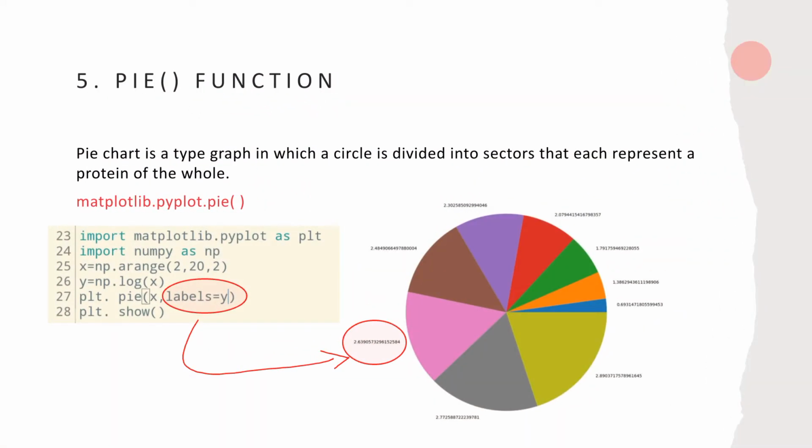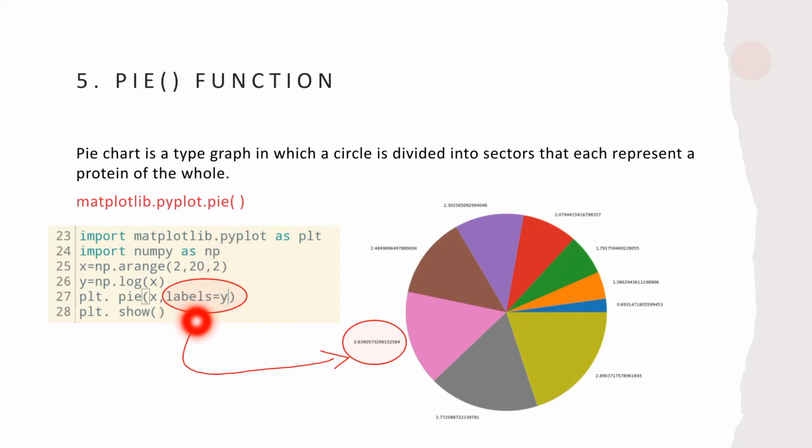Now moving to our fifth function, that is the pie function. The pie function looks like this, a pie graph, and I'm representing it here. Before that, I would like to talk about the syntax. We have to use just the word pie, and then in between there should be only one data value. There is no need for two data values, but we have to make sure that this data value is an integer or some numeric value.